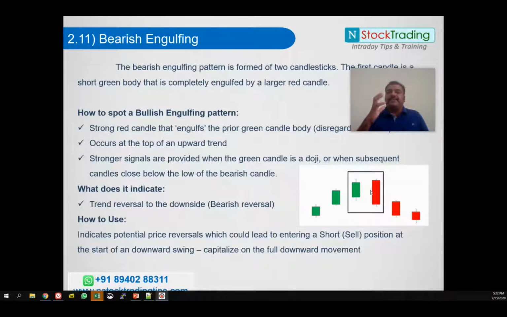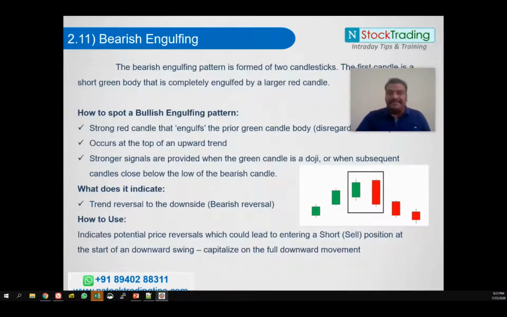The buyers have been taken over by sellers. So the sellers are huge in quantity and now they are dominating. That's the meaning of this, which means there is a potential reversal from the bullish trend to the bearish trend. This is called bearish engulfing. We saw bullish engulfing and bearish engulfing. Always remember, these reversals are key to take decisions for holding the trade, exiting the trade, or entering the trade. When we have a look at the charts, we should be able to get a clear idea of what